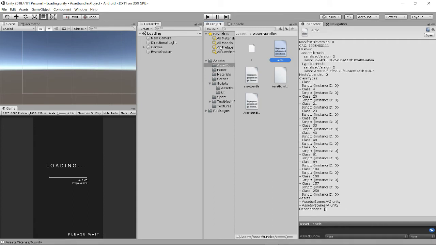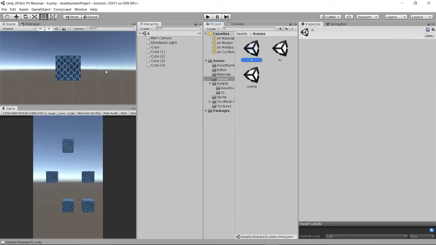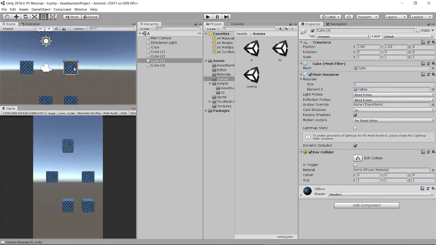So I'll first update the asset. The scene is this one, a.dlc. I'll take this cube and just duplicate it so that the asset bundle will get updated. This is only the updated part, and here is the button.